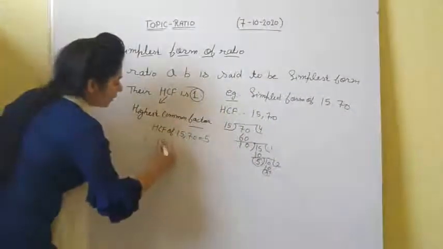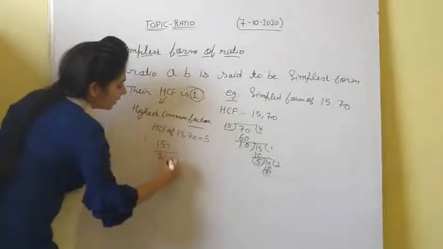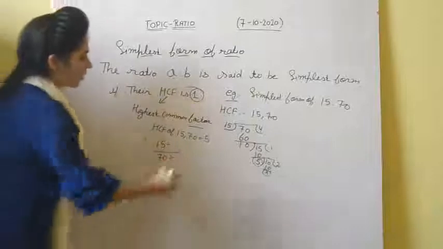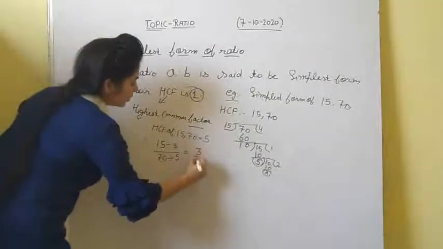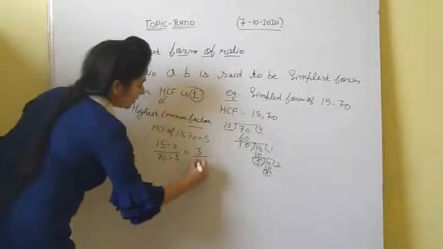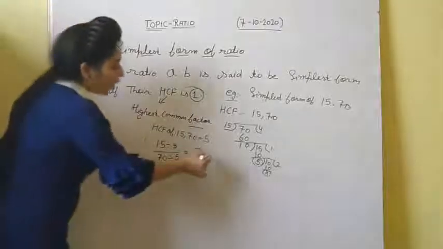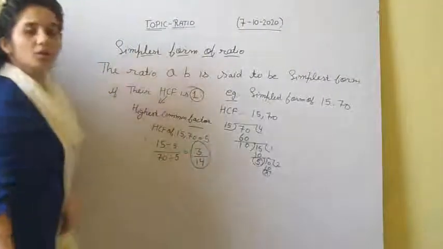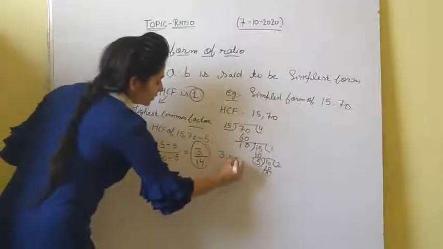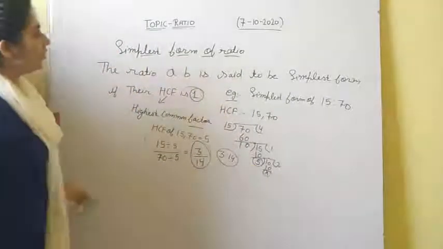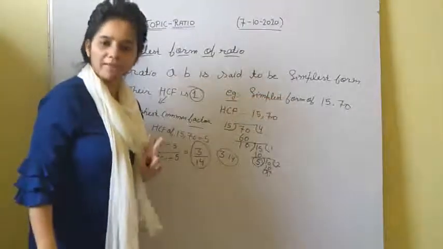So we will divide the given ratio by 5 and obtain the new ratio 3:14. So the simplest form of 15:70 will be